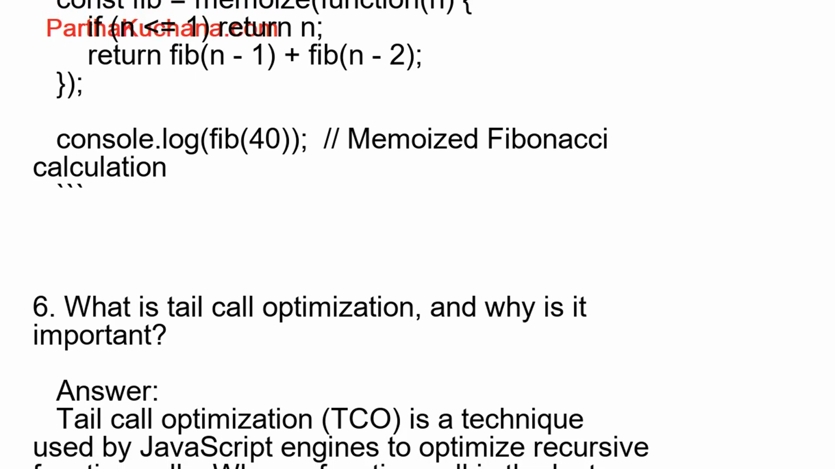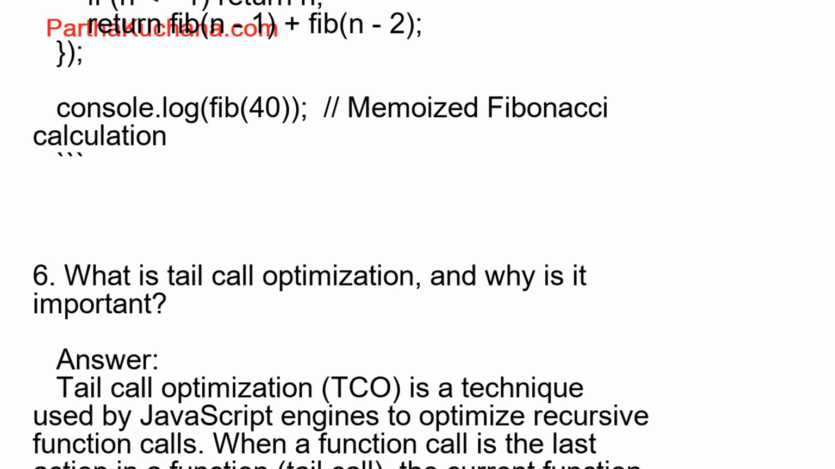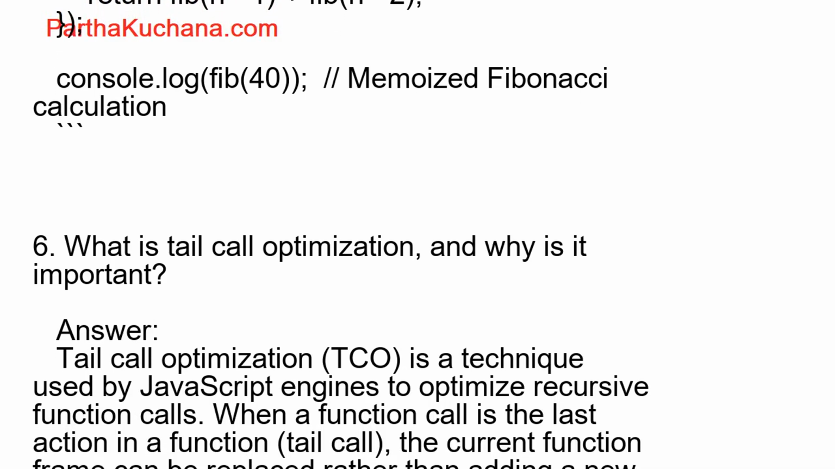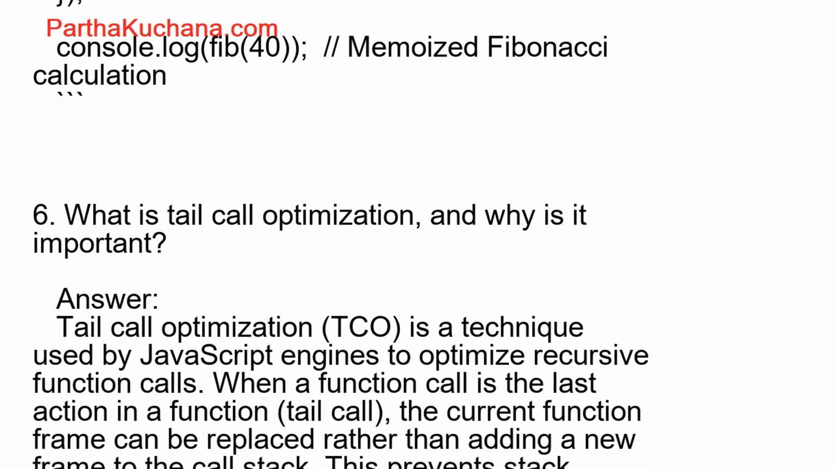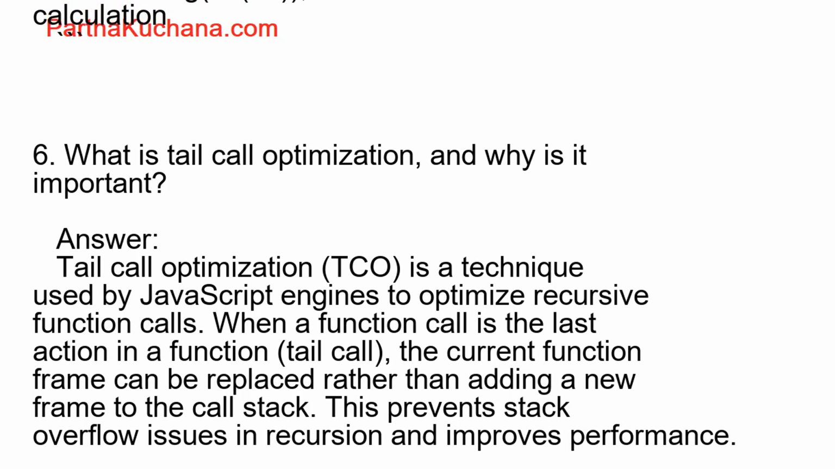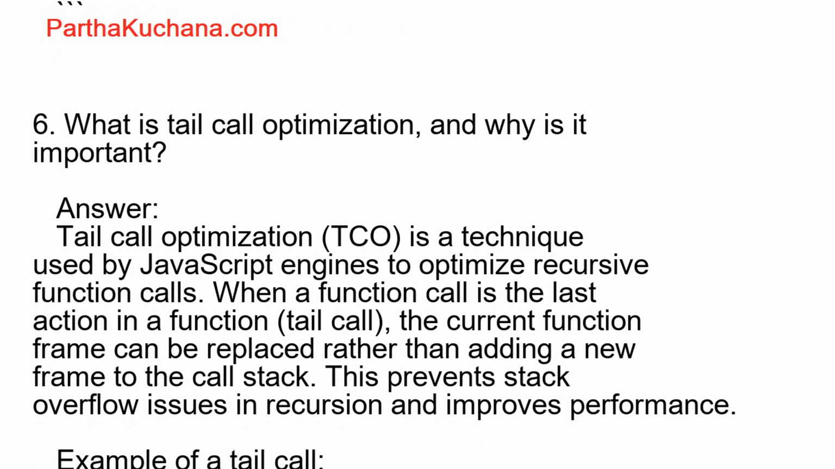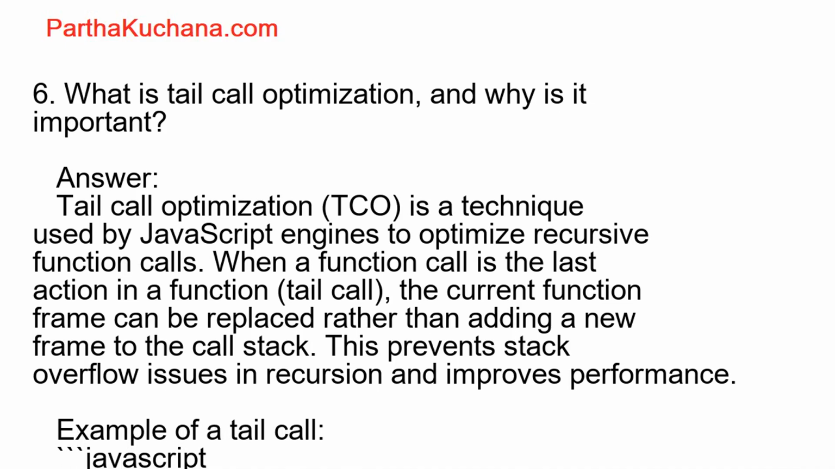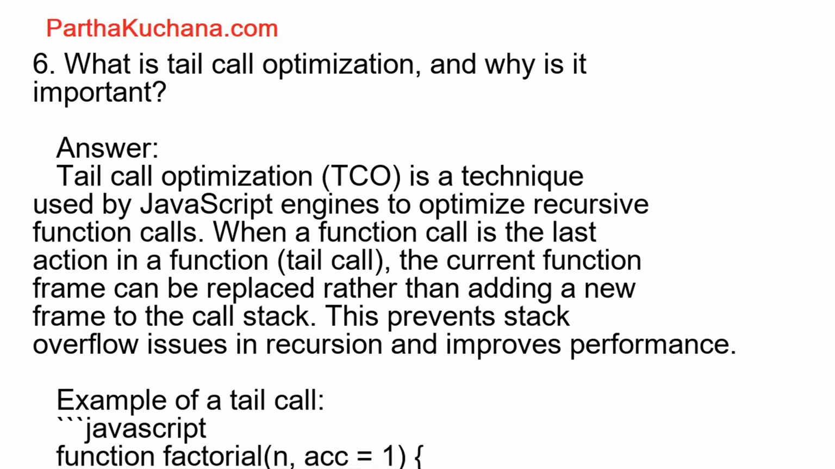Example of a tail call: JavaScript. function factorial(n, acc = 1) { if (n === 0) return acc; return factorial(n-1, n * acc); // tail call }